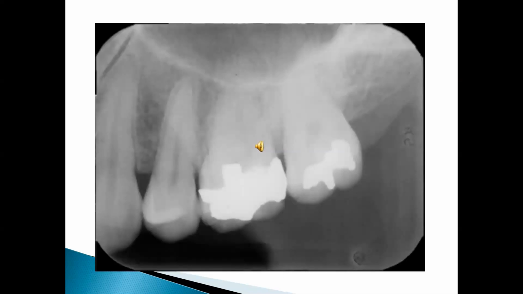Take around 5 seconds to guess what the radiopaque line running from the lower end of the film across the middle of the root of the premolar to the apex of the canine is, whether it is a hard tissue or a soft tissue. Make a guess and find the answer in the very next slide.